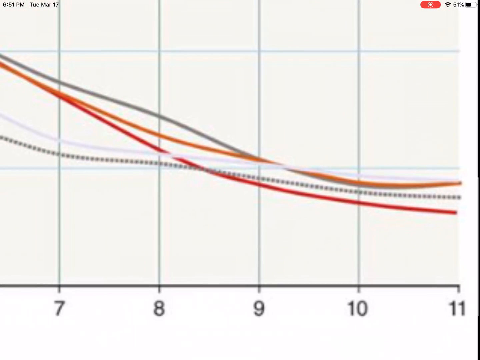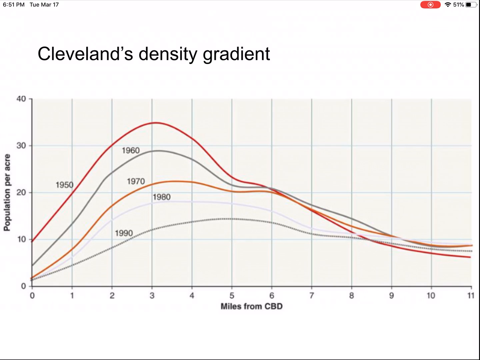Now, while these numbers are pretty much all the same, you can see it has gotten a bit more dense in the suburbs. I would also add, maybe more importantly, that Cleveland is one of these Rust Belt cities. So lots of people maybe left Cleveland's central downtown area, not to go to the suburbs, but to leave completely